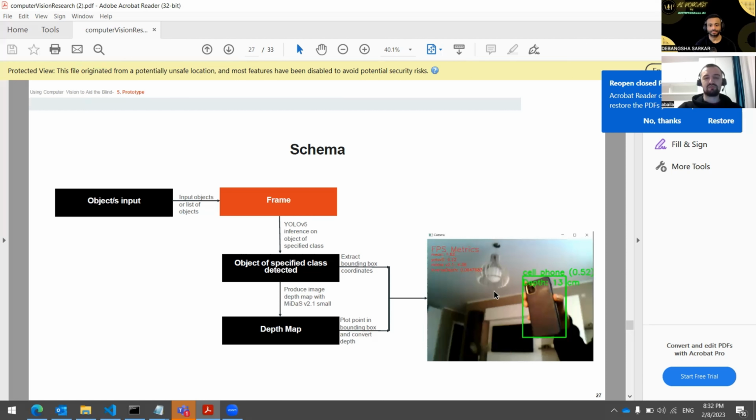Here's a screenshot of how it actually works. These are some metrics I was using to monitor the behavior and the performance. Essentially, it found that my cell phone was exactly, and I say exactly, 13 centimeters away from the camera. But this depth is still monocular. So with the means that I had, it manages to achieve pretty good results. Although I would recommend stereo techniques here, based on my experience.